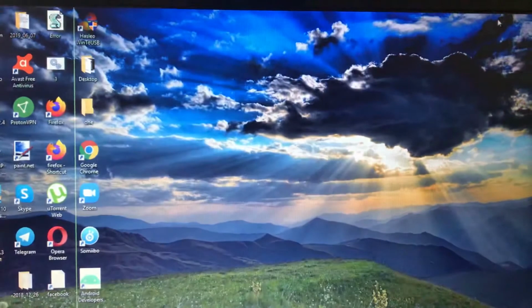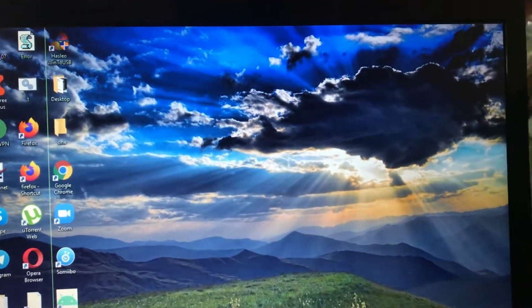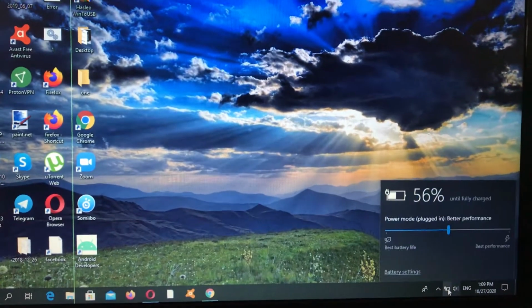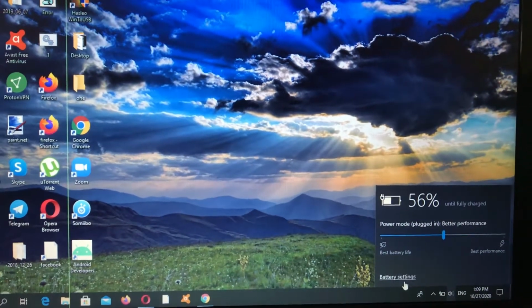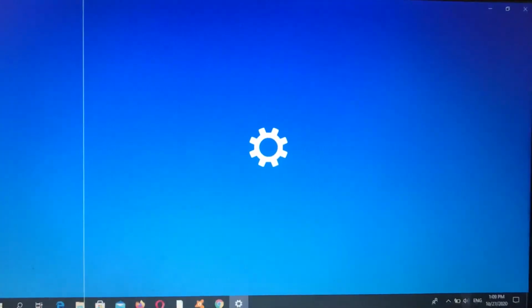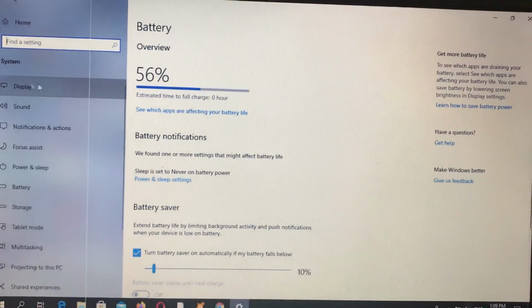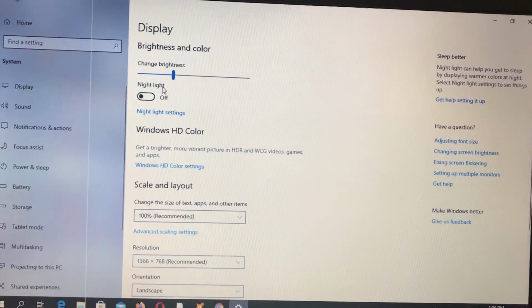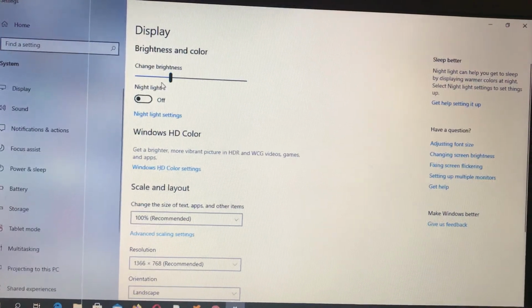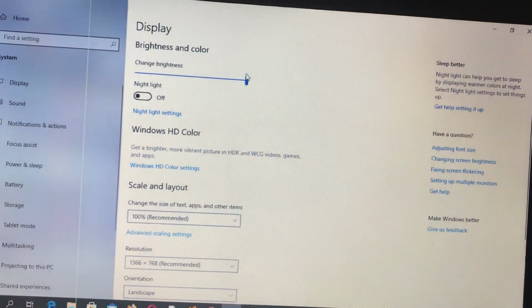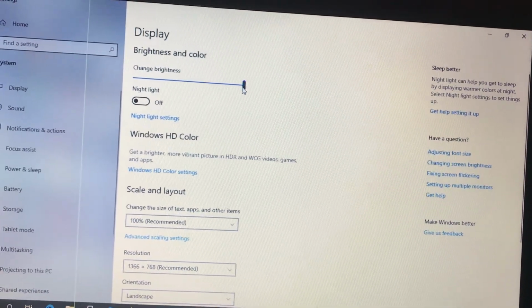So for doing this you just need to tap on battery here. You will find battery settings, so just open it, and after in this new window you will find here display, so just tap on display, and here you will see first option change brightness. So now you can also just control it, so here you can see that you can change it from 0 to